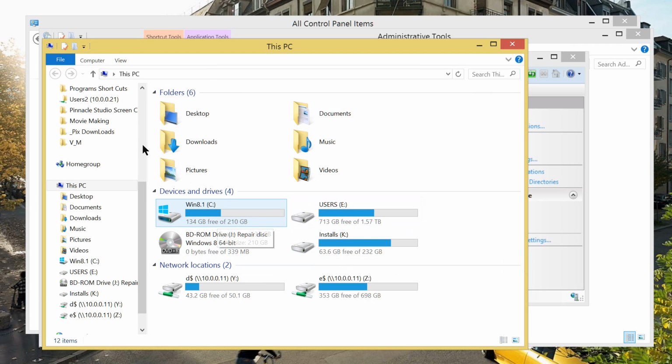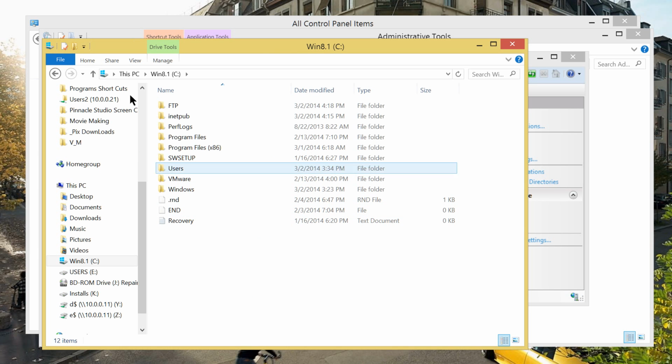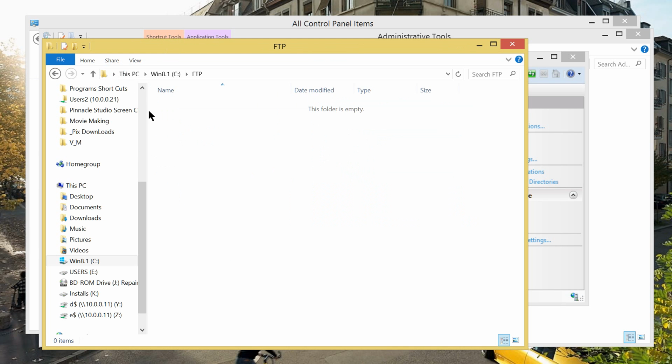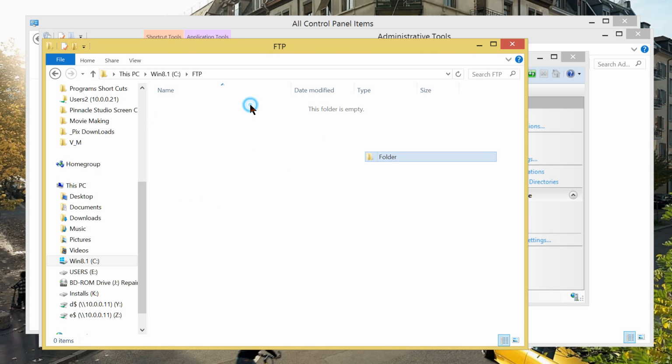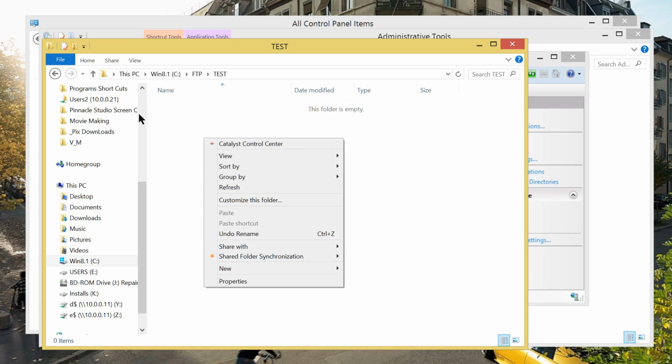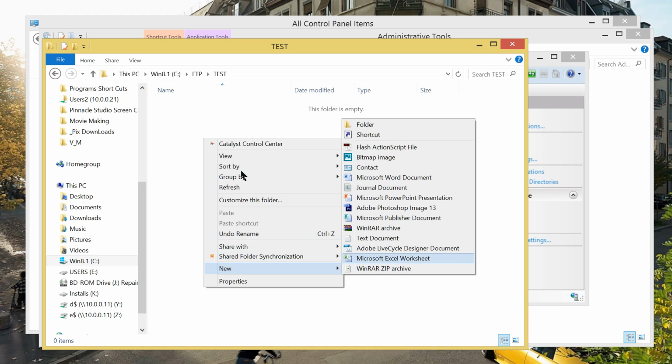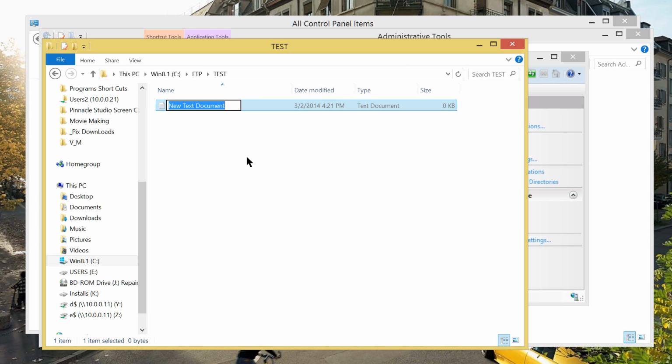Yes, now here's my Windows Explorer. Going to drive C, and this was my folder for FTP. Now I'm going to create a folder here, and I would like to name it test. And under this folder, I'm going to create another file, a text file.